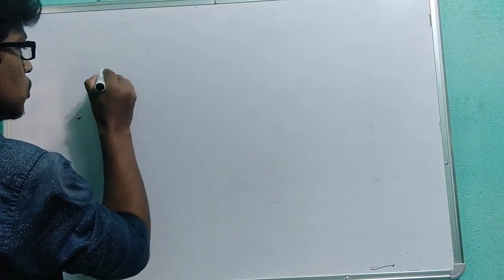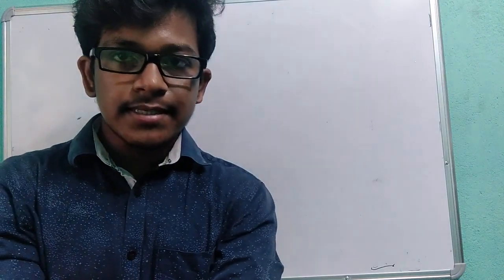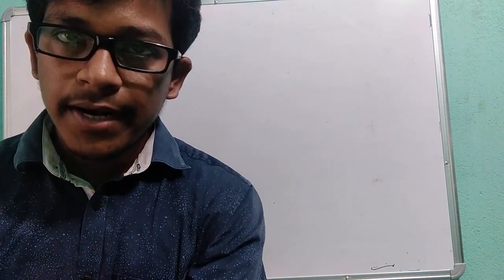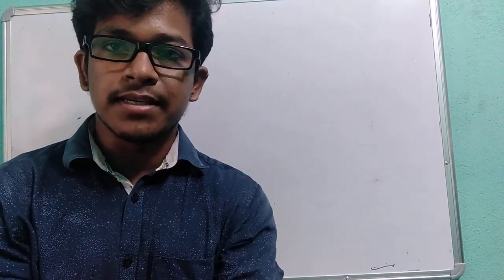Simply, I took a source, and one more thing I forgot to tell you guys: this is a monochromatic source. Sodium light is a monochromatic source because it gives only one wavelength, 589 nanometer. Why are we considering only a monochromatic source of light? If we take a polychromatic source, then I will get different types of fringes. But I need one type of fringes.